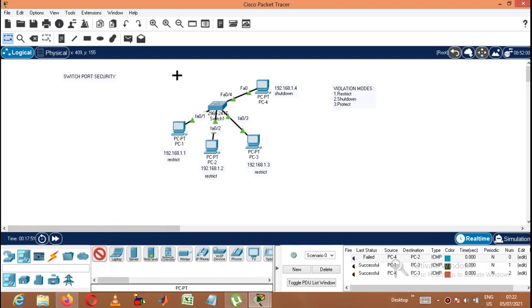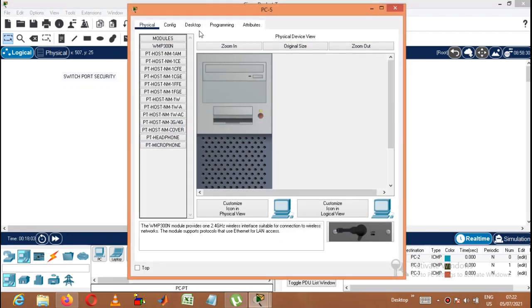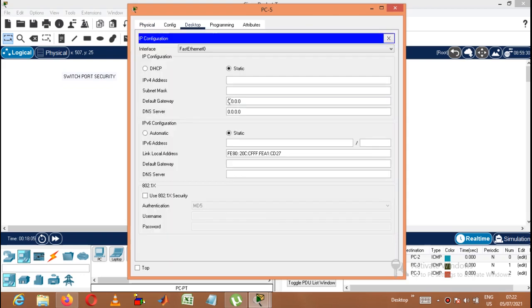Now I am going to introduce one intruder. The intruder is PC5. This PC5 is my intruder. PC5 will have the same IP address. It will learn this IP address and come to cheat, 192.168.1.5, the same network.